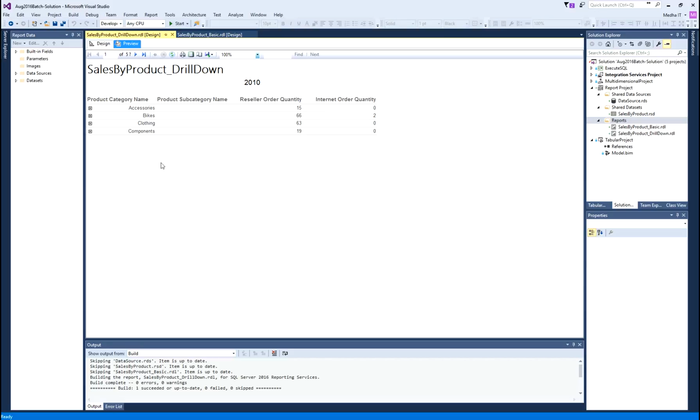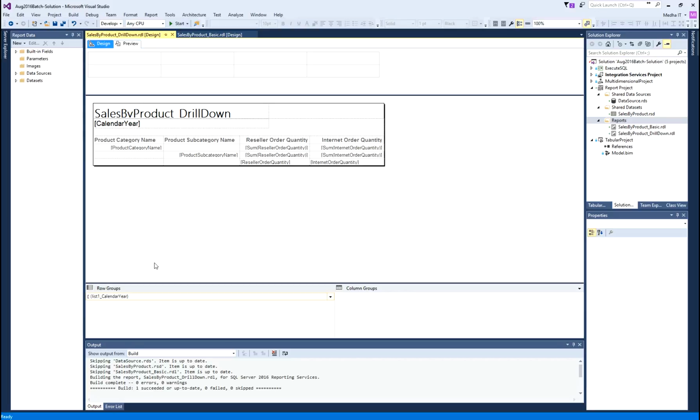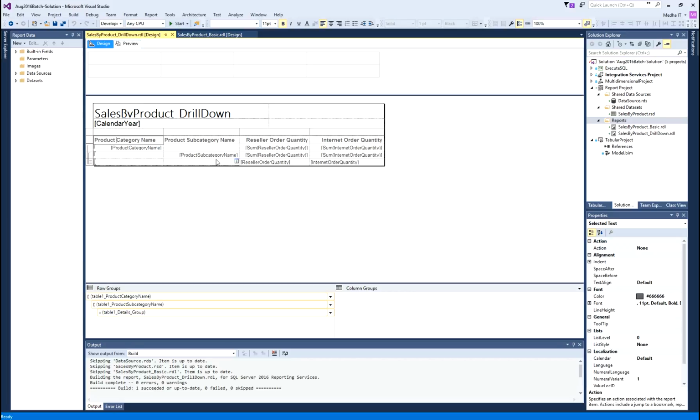Okay. And now I want to do some formatting. So, I have created a report which is user friendly, but I want to do more formatting to this report. So, I can go to the design and here I can select the cells and change the fonts, I can change the formatting, I can change the background colors and all.